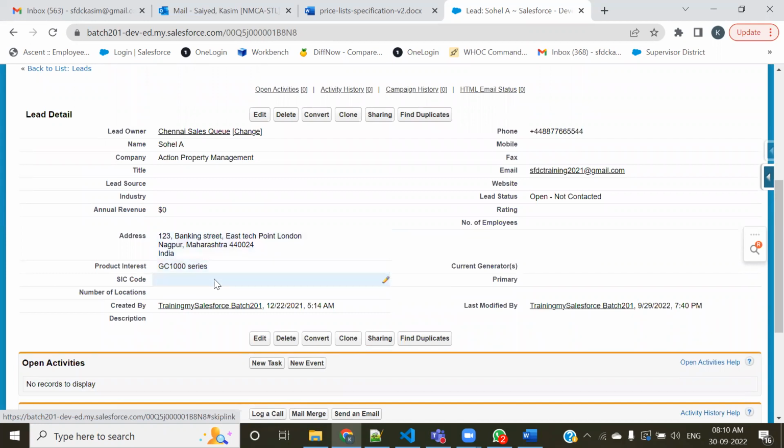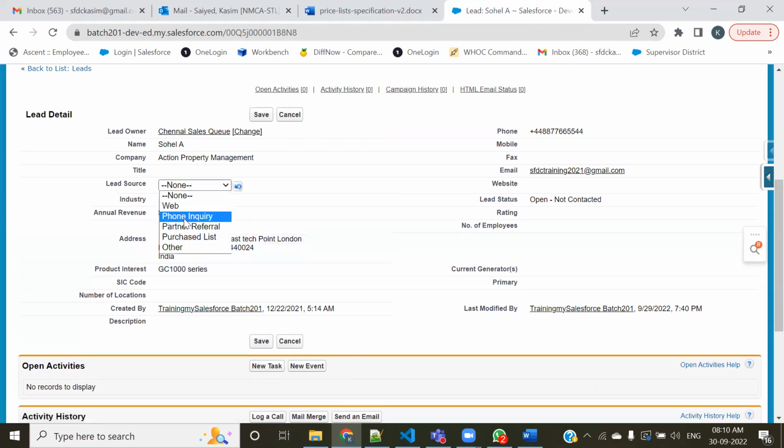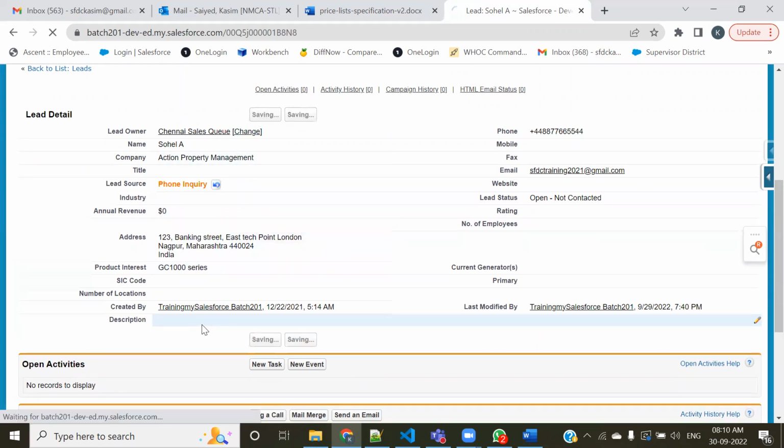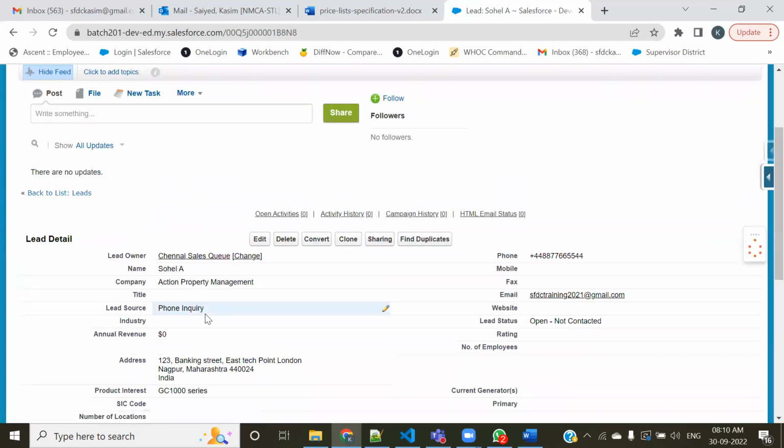Right? Okay. He is interested in one of the products. How was the lead sourced? He made a phone inquiry to us. See, okay, there was a campaign. There was a campaign